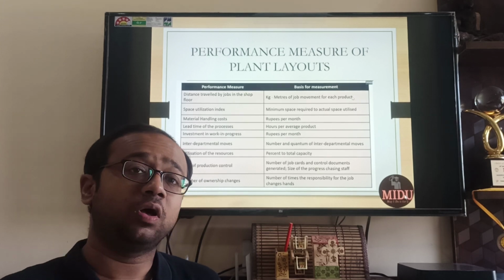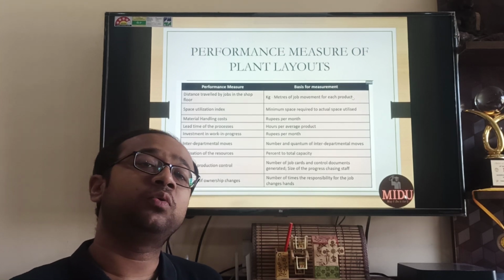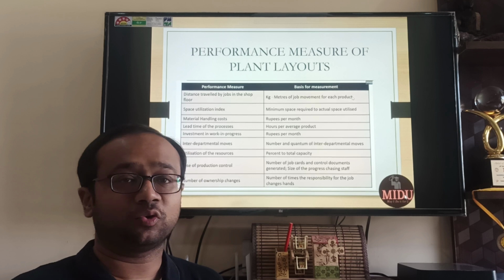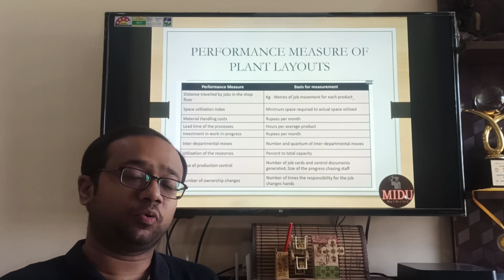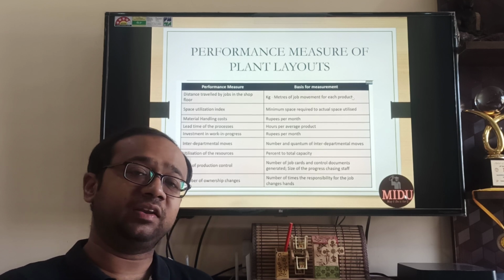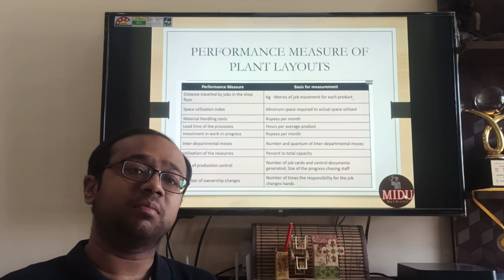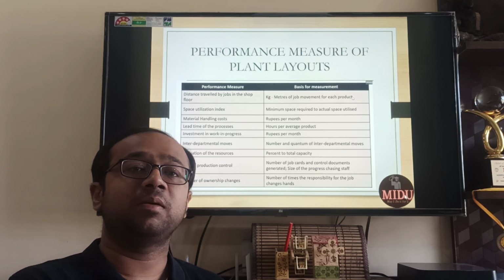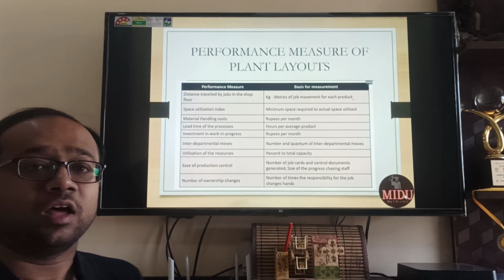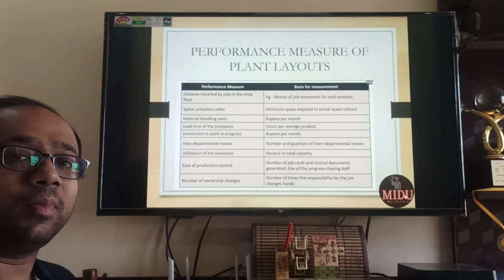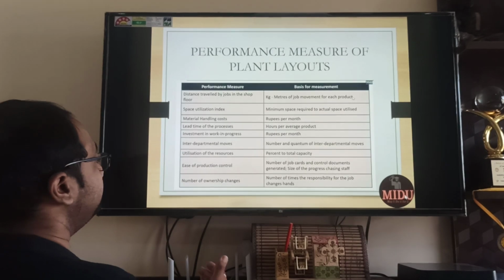If you are on the production floor making shirts, for example, one will be cloth processing, then cutting, then stitching, then adding buttons, then packing, then putting labels, right? So how many departments and how many types of movements are there.